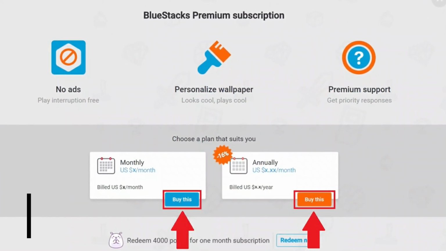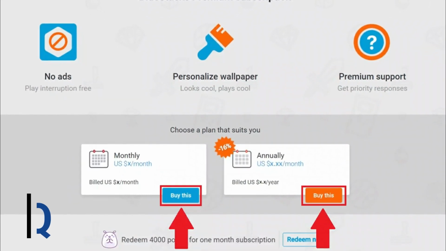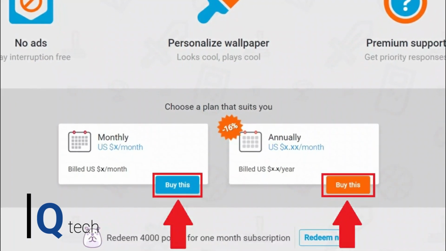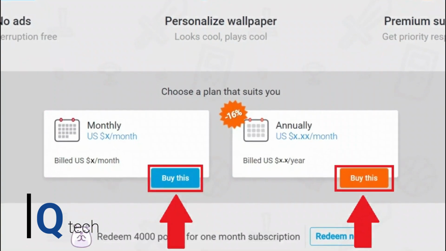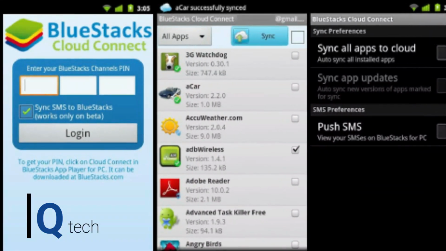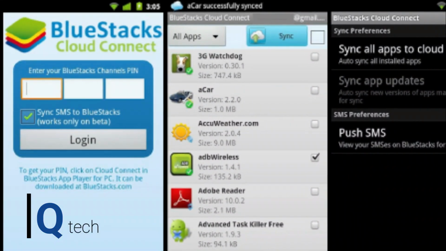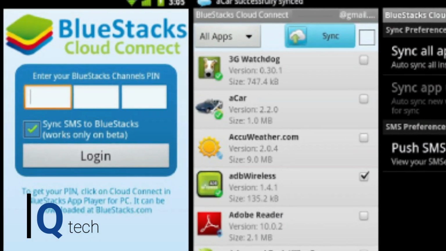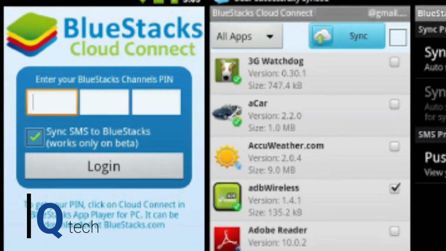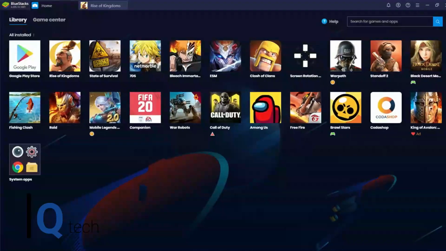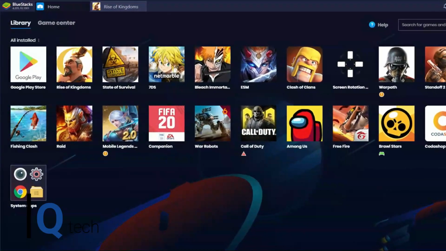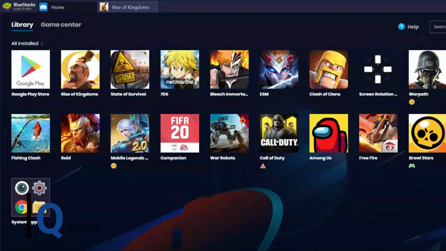Also clever is the app player synchronization feature, which automatically keeps apps in sync between an Android device and the app player environment on Windows. This is accomplished with a free Android app called Cloud Connect. After App Player installs on a machine, a prompt appears asking for Android device info, after which a code is generated that, once entered into Cloud Connect, enables the pairing of an Android device with the PC.